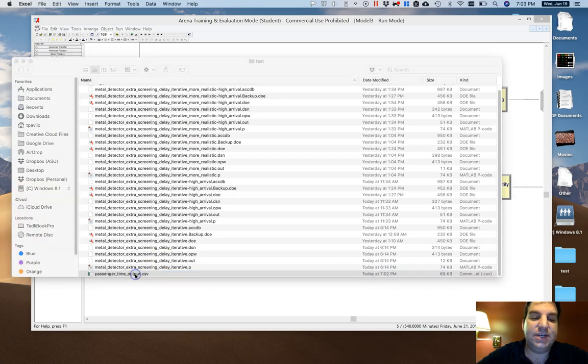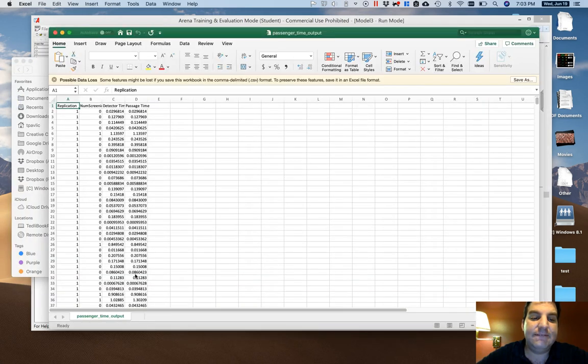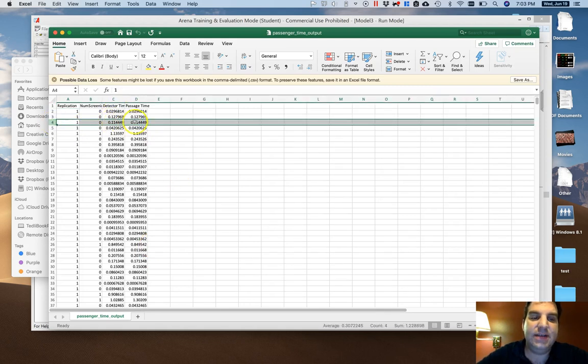Let's go to passenger time output again. And this is starting to look a lot better because I see that most of the time the detector times and the passage times are identical, which is what you'd expect if no one was selected for screening, because the passage time would include no delays because it starts right when they enter the metal detector. But when they're selected for extra screening, the passage time might become longer than the detector time